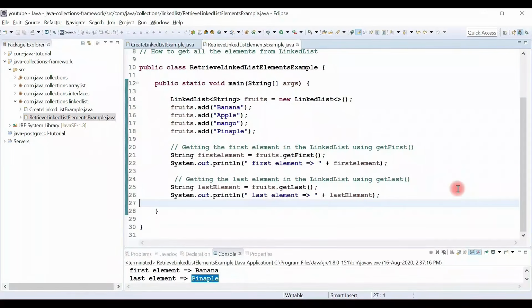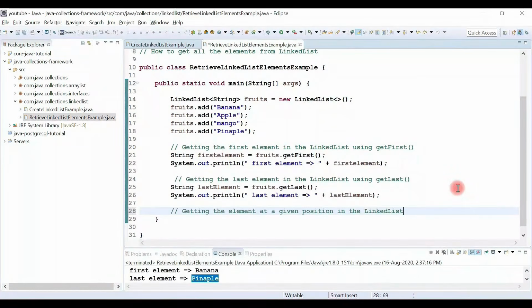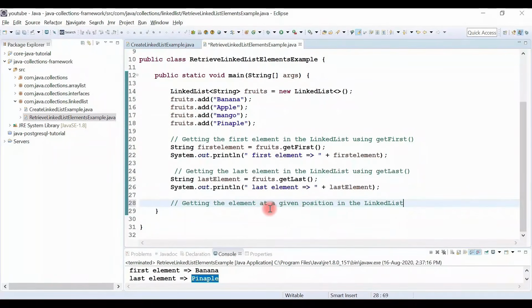Now let's quickly see how to get an element at a specific position in the linked list. Let me write the comment, getting an element at a given position in the linked list. The LinkedList class implements the List interface and the List interface provides a get method, right? So we can use the get method to get an element at a given position. For example,